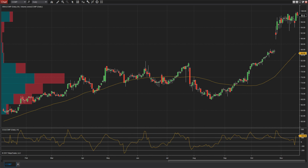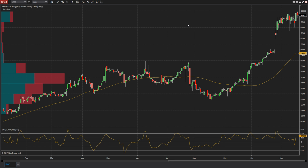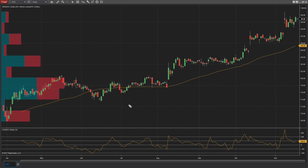Got a gap and go on earnings. If you're trying to chase this bad boy, you can use a swing low right around there at 92, or you can get in the gap, put your stops out down here. That's Cabot Electronics, ticker CCMP. Then I've got DXC Technology with the appropriate DXC ticker, and it's another bottom left to top right, nice